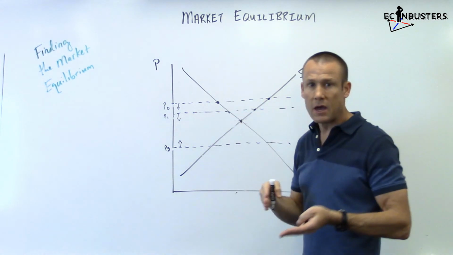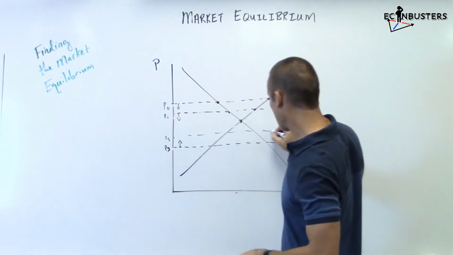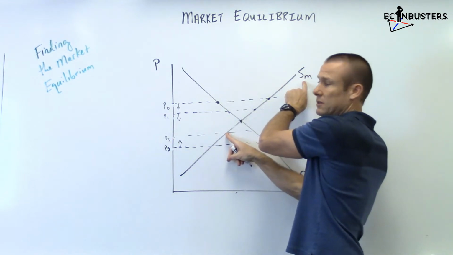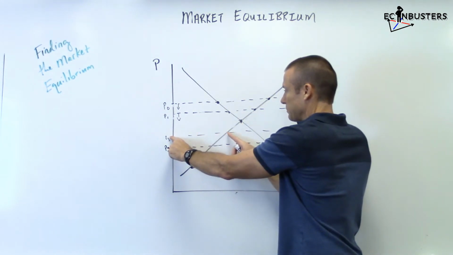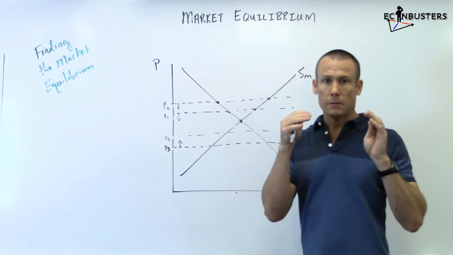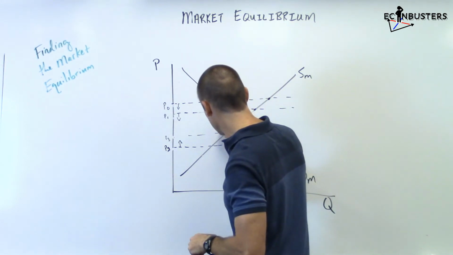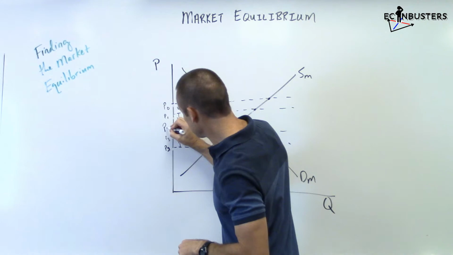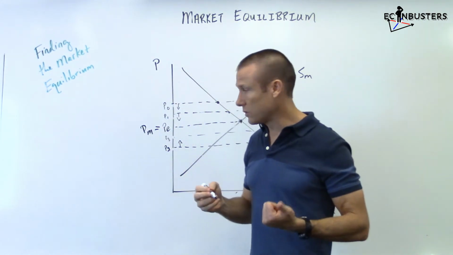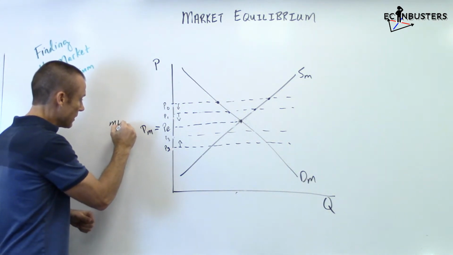in, close in. I could do one more, let's just very quickly do a P3, draw it across, make sure we've got this horizontal distance quantity supplied. I'm hitting the supply curve. I'm saying that's the quantity supplied at P sub 3, quantity demanded at P sub 3. What are we going to get? Shortage, raise the price. So let's go to our final price. That price, equilibrium, sometimes called price market, or what you'll oftentimes hear me refer to it as is the market